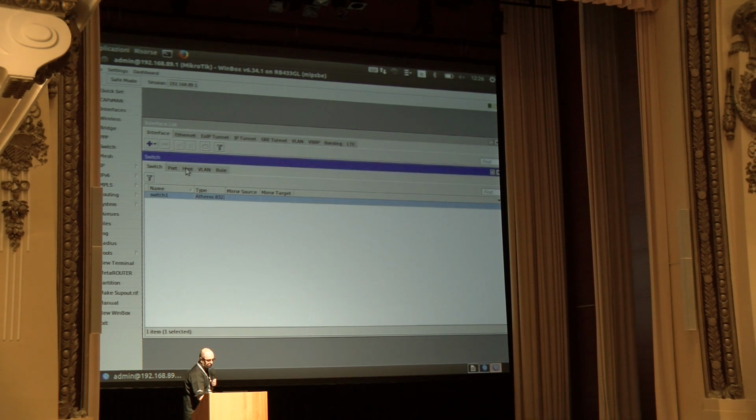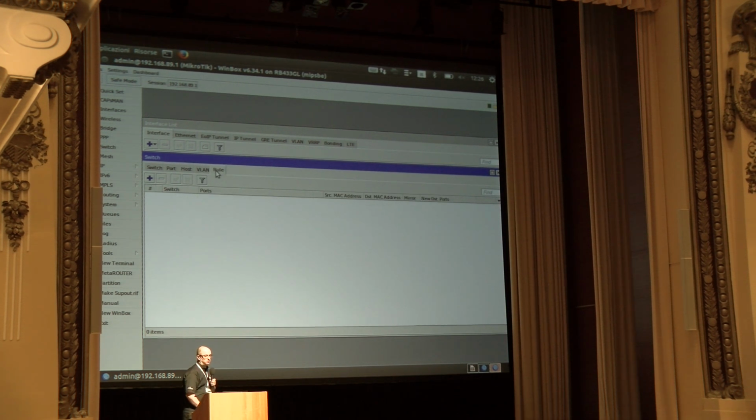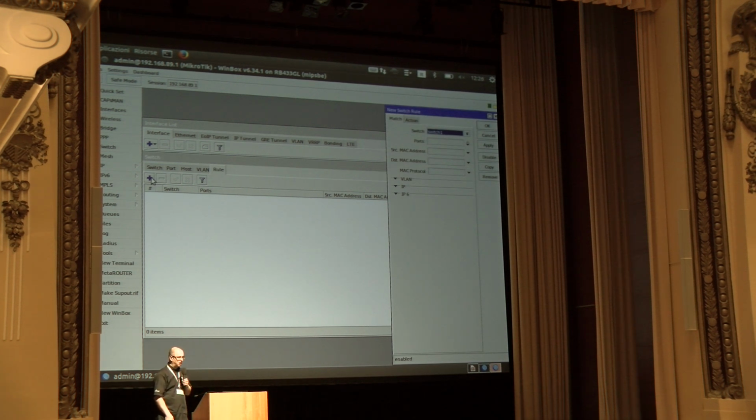And you also have, and this is very important, port definition and host table, like the FDB that you saw before, VLAN, and rules. These rules, as I said before, are managed by hardware. So if you put a rule inside this configuration, you don't touch the CPU. This does not seem as powerful, but if you think about this,